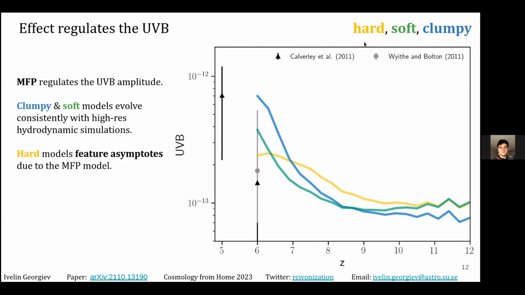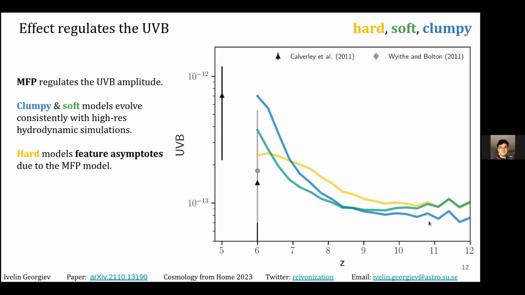On the other hand, the hard model exhibits a very different behavior. You can see that going down with redshift, the UVB asymptotes because at some point no bubble can actually influence an area larger than 20 comoving megaparsec. So the UVB becomes frozen in terms of interaction scale, because previously it was facilitated by the fact that if you have a cell, the more sources that can perceive it, they interact with that cell, they ionize it, and the ionization rate there is higher. So this is not very consistent.